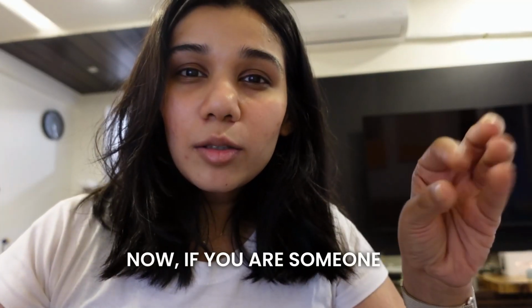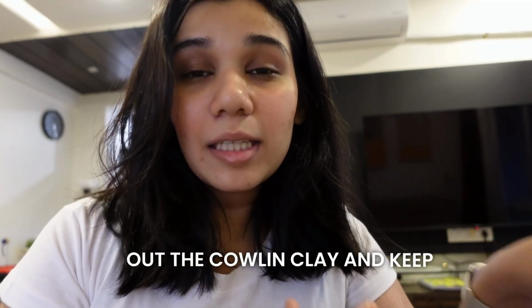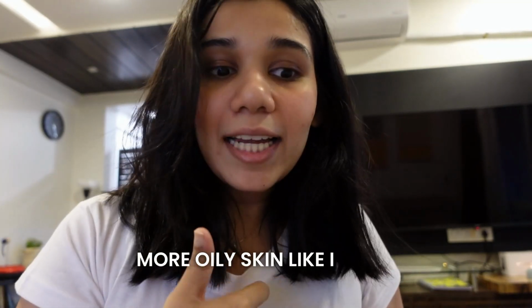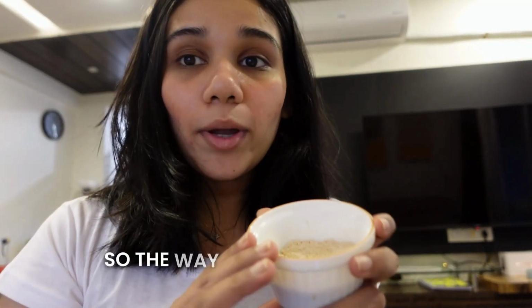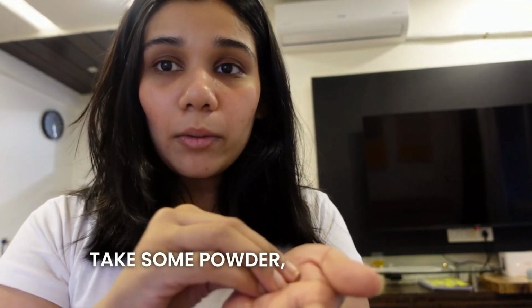Now, if you are someone who has dry skin, you can skip out the Kaolin Clay and keep all the other ingredients. And if you are someone who has more oily skin like I do, just use the Kaolin Clay because that is going to make your skin less oily and regulate sebum production on your skin, right? So the way you have to use this is just take some water, take some powder, rub it like you would,